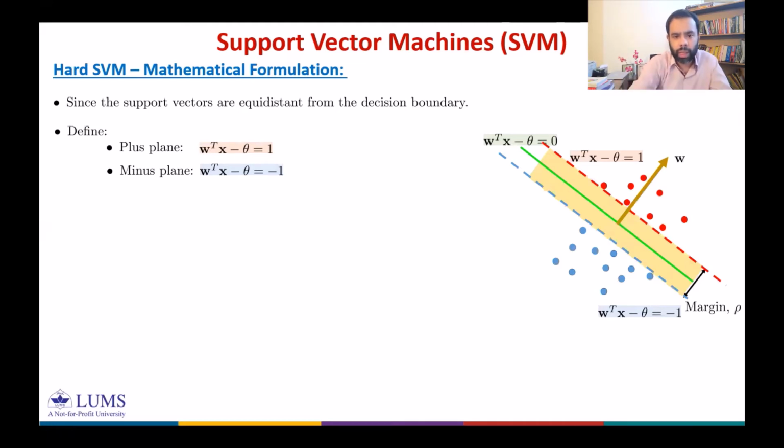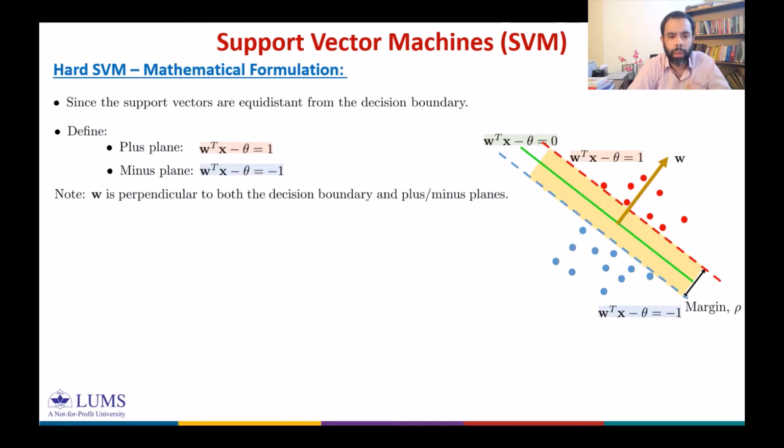So this dashed red line is the plus plane, and this dashed blue line is the minus plane. And we note here that W is perpendicular to both the decision boundary and these planes, because these planes are parallel to the decision boundary. W transpose x minus theta is equal to 0, and therefore W is orthogonal to each of these three planes,